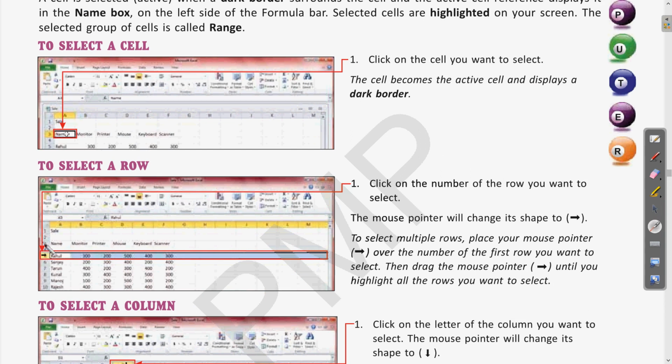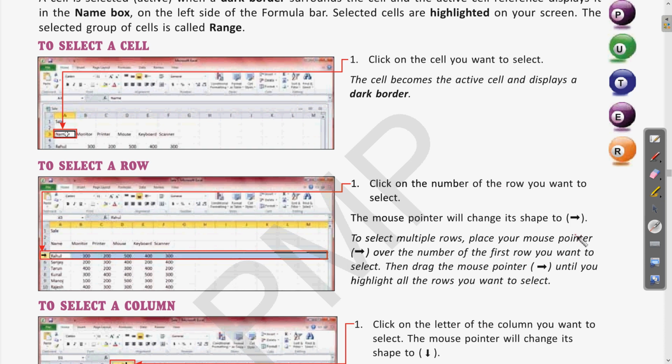Whatever the row which we want to select, when you bring the mouse pointer here to the left side, the mouse pointer will change to this shape. Clear? The arrow button. So when you click on any of these, that particular row will be selected.